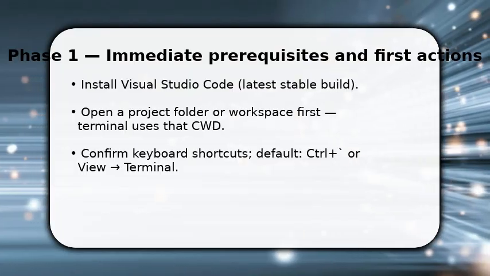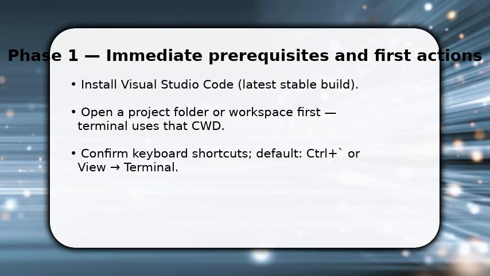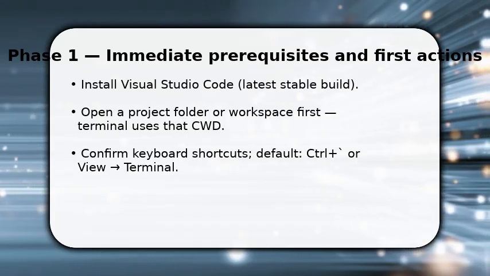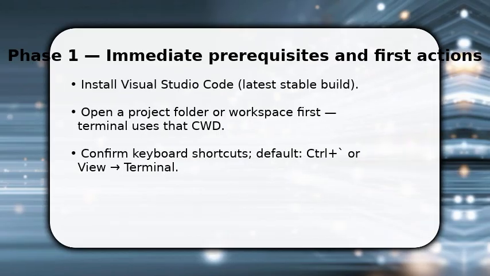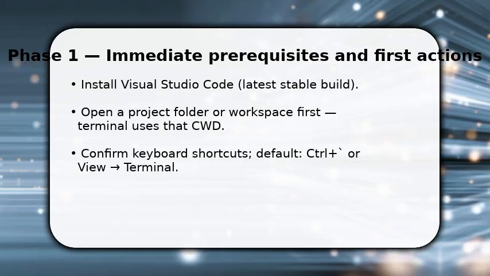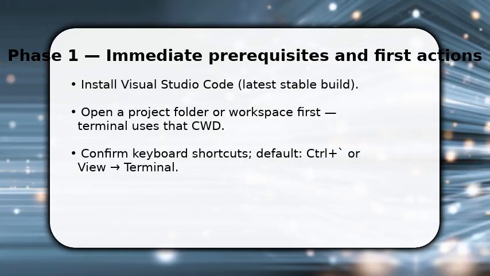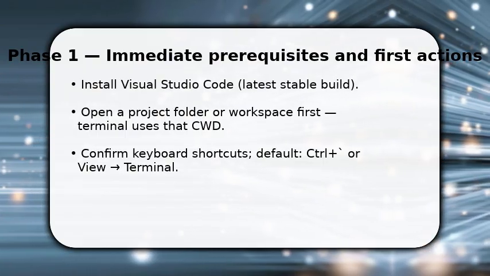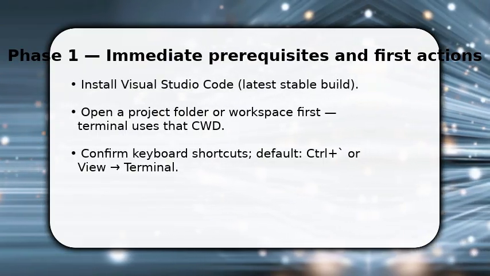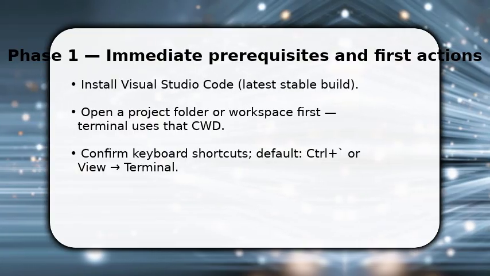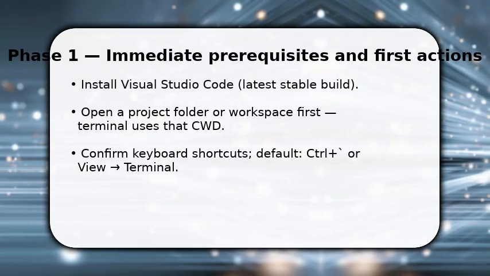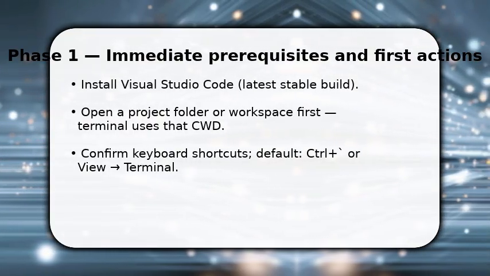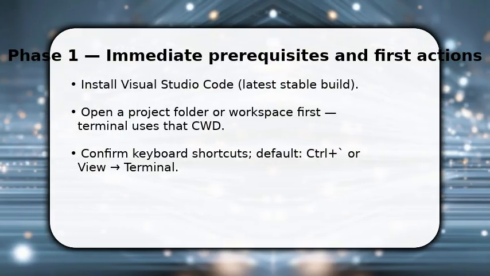You already have VSCode installed and a folder open. Now start the terminal. Press Ctrl plus Backtick or choose View then Terminal to open an integrated shell. This launches a terminal tied to your workspace, so commands run where your files live. Once done, note the shell shown in the top right of the terminal panel. It determines command syntax. Make sure to use the backtick, not an apostrophe, and hold Ctrl while pressing the key